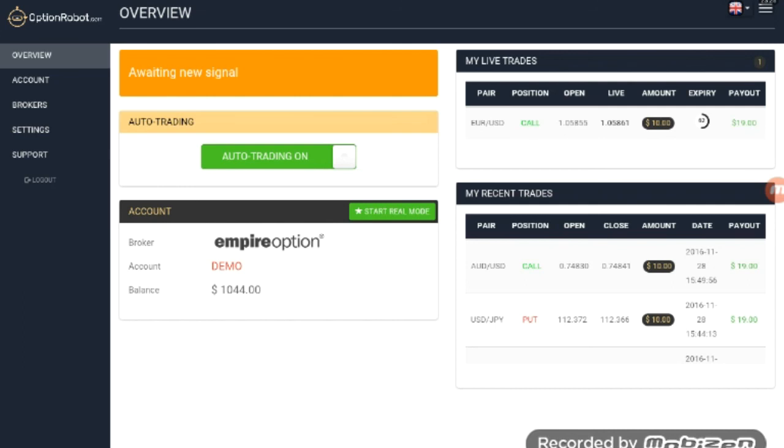Although this is a review on the optionrobot.com trading software, we're also using it in conjunction with the Marcus World trading platform. Because of that, you need to understand how we're doing that. If you'd like to know more information about how we trade without using our own money, that way, if we do lose a trade,